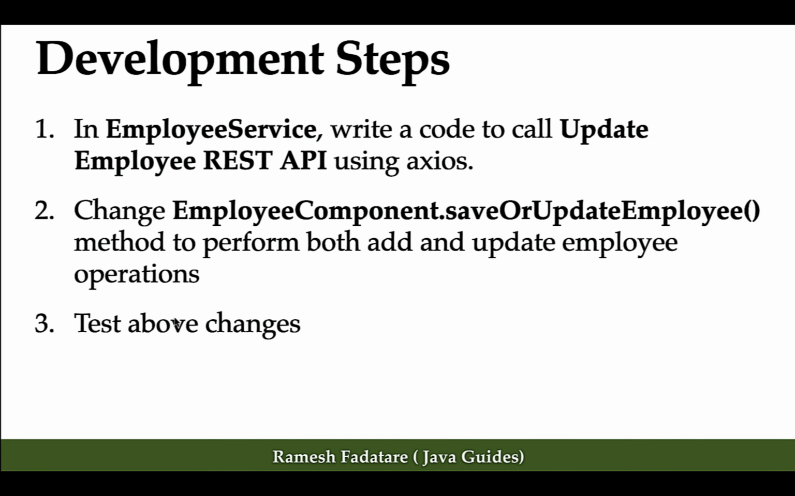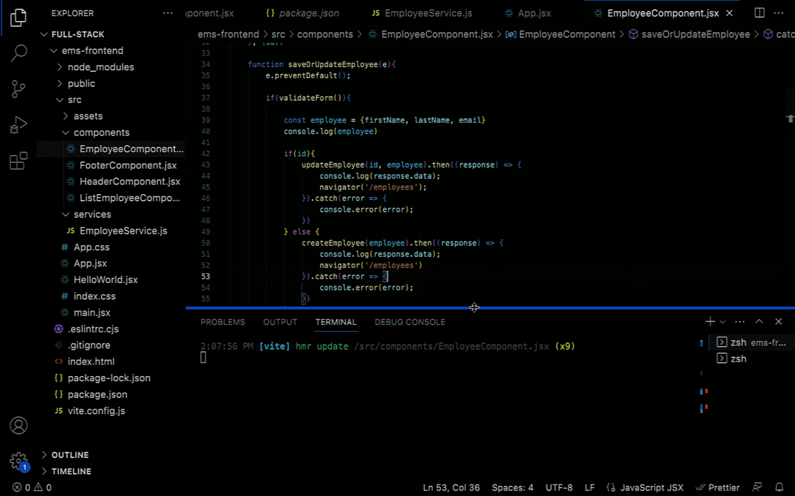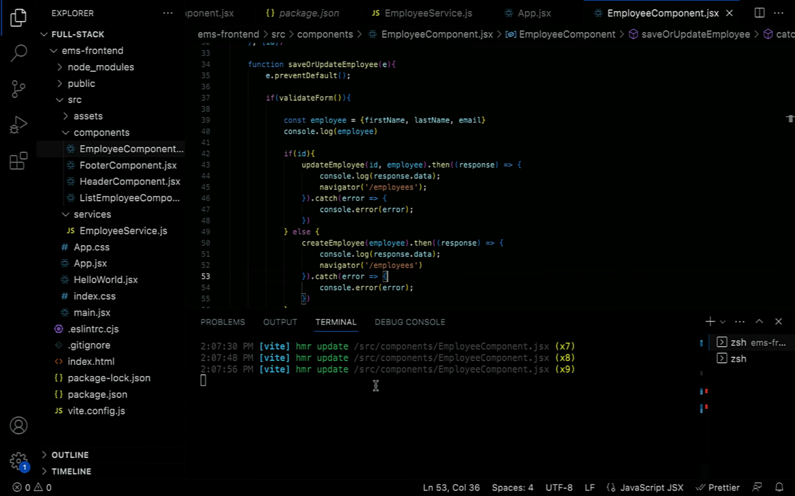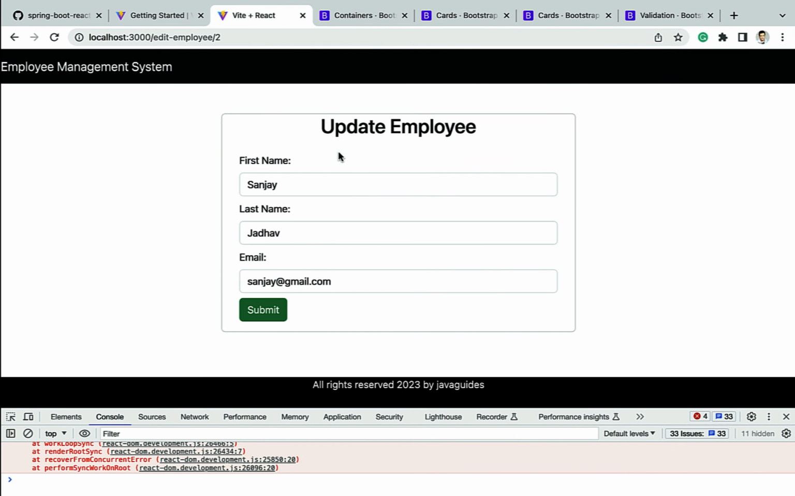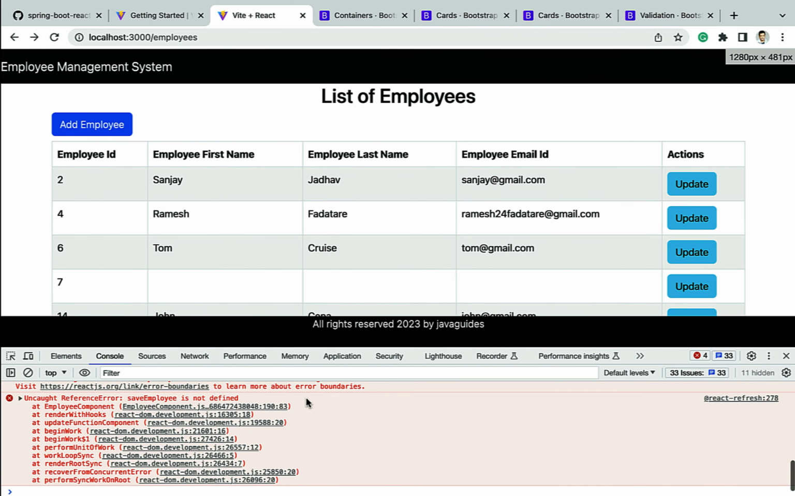Next step is test above changes. So let us go back to our project and look at here our application is up and running in a development server. Next let's go to browser and let us test all these changes. So here go to our application and go to employees page over here,